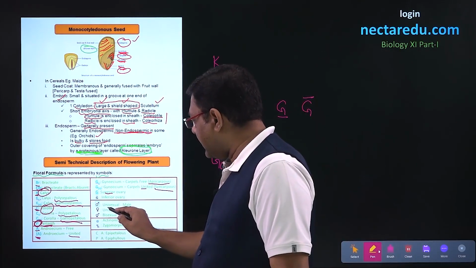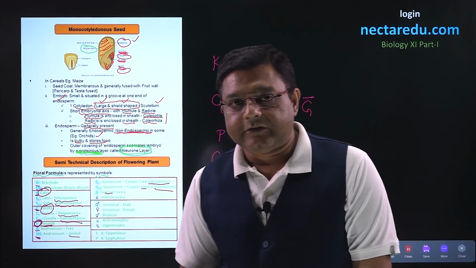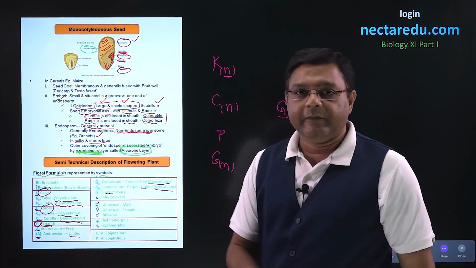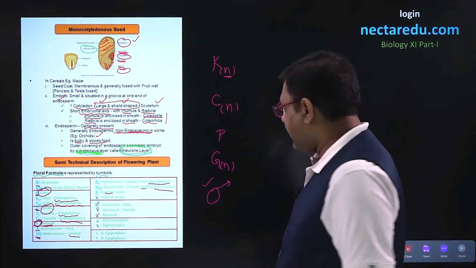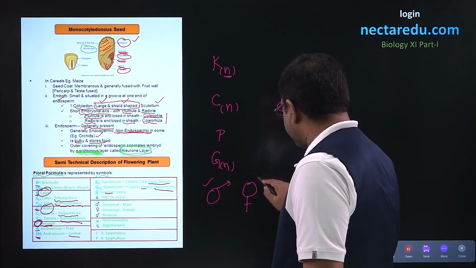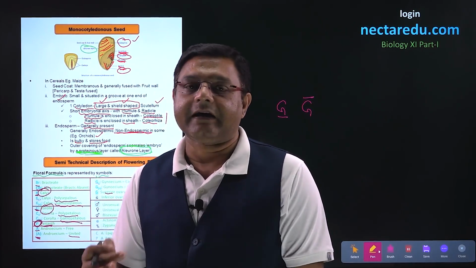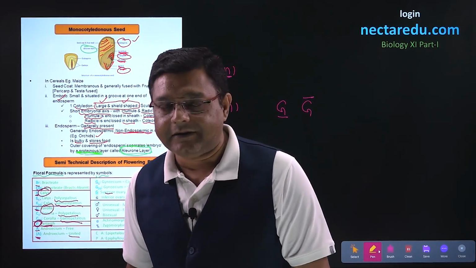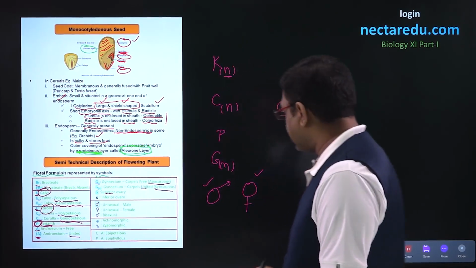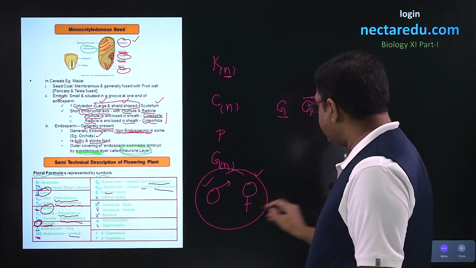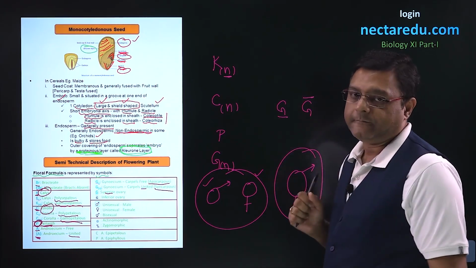After this, coming to the symbols for unisexual or bisexual conditions. If the condition is unisexual, it will be male or it will be female. Now, if it is male, it is represented by this particular symbol, and if it is female, it is represented by this particular symbol. Now, there can be flowers which are bisexual, that is, the same flower has androecium as well as the gynoecium part. Both male and female parts are present in the same flower, and the condition is called bisexual, in which we will combine these two symbols. So, this is the symbol which represents the bisexual part.